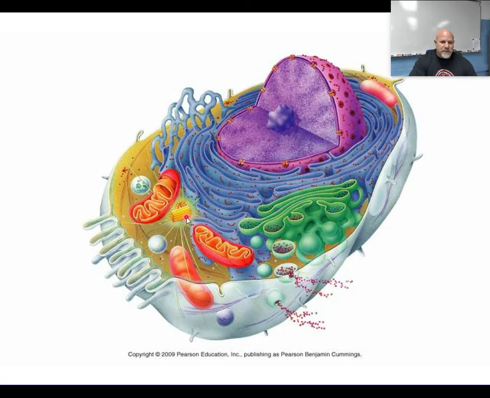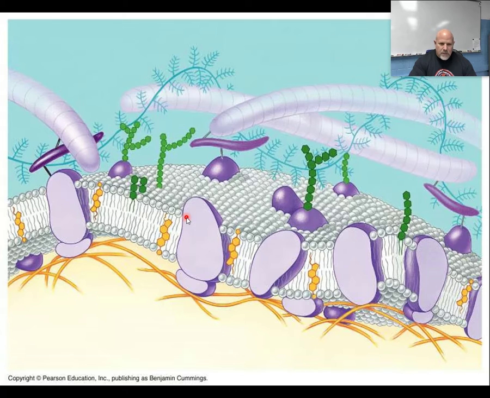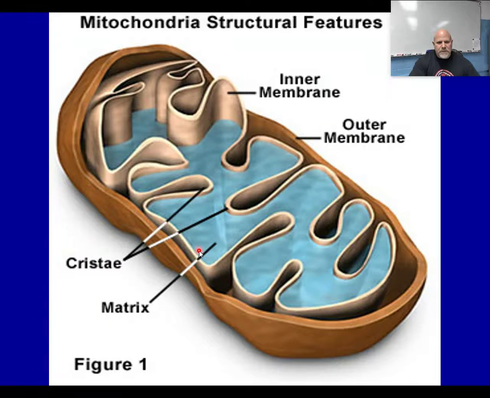Our main focus this year is going to be on just a few of these. We already covered the cell membrane and how things cross the cell membrane and the main purpose of the cell membrane. In the next couple of chapters, we are going to cover the mitochondria and how they are used to make energy, usable energy for our bodies,